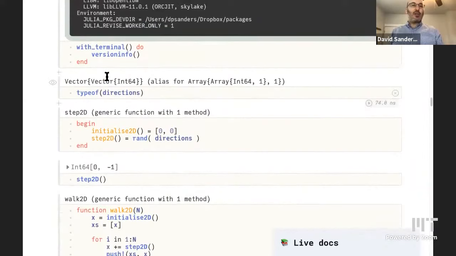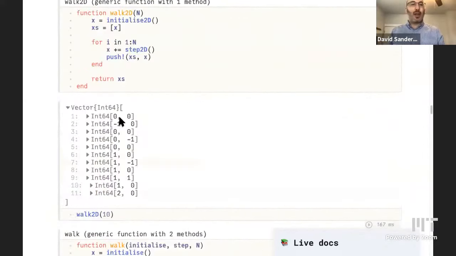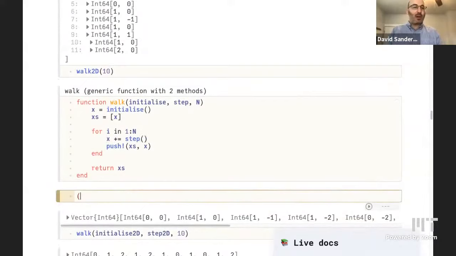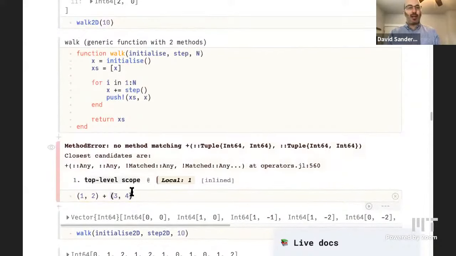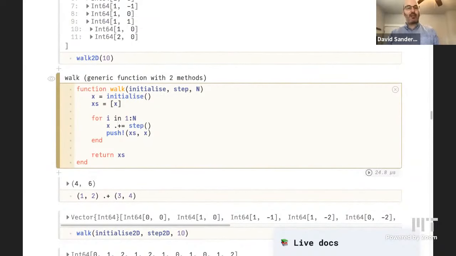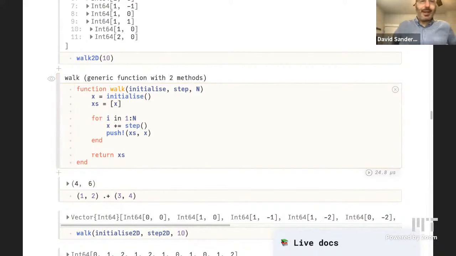Because if I had used tuples inside the directions vector, I would be trying to add 2 tuples together, and that does not work. So (1, 2) plus (3, 4) is actually not defined. I cannot add tuples in base Julia. I could add them with dot plus, and so I could change this to be dot plus equals step, and then it would work if I put tuples in there. Okay. So you might like that version, and I kind of like it, but